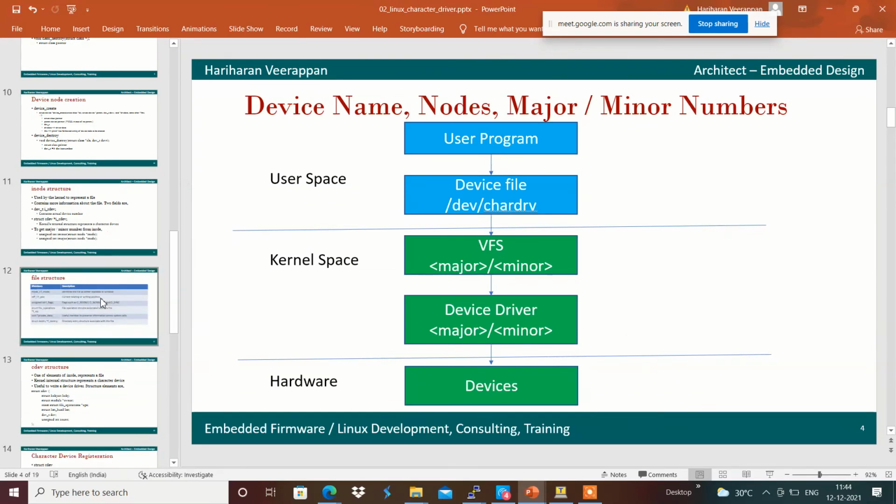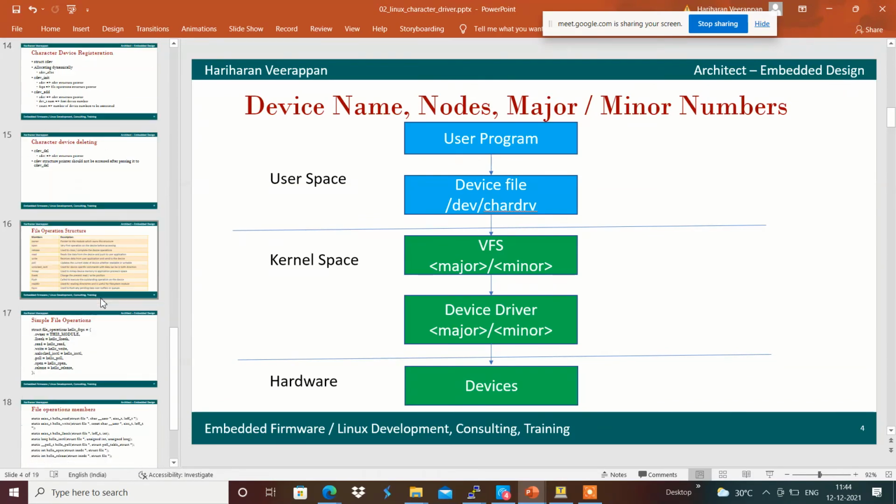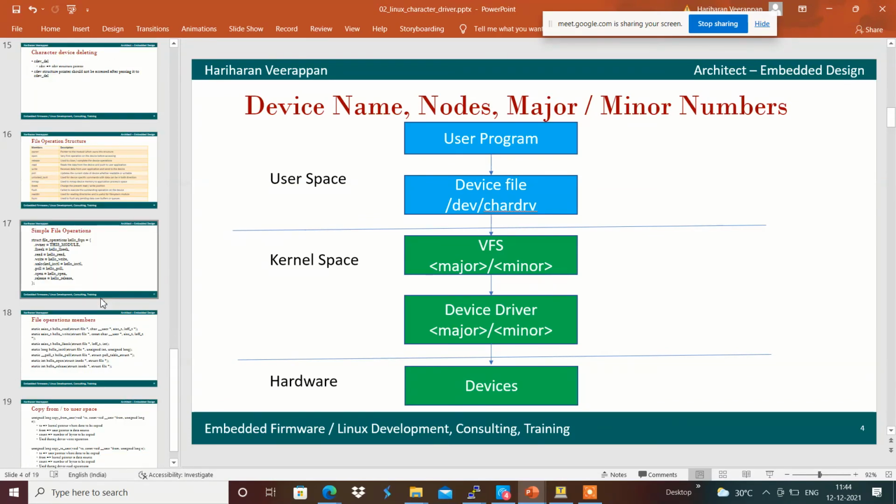Now we will see how we can get data from the user space to the kernel space.